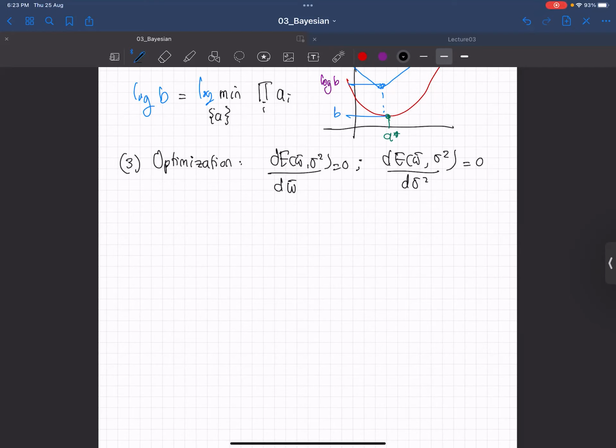Right? Now, we know that if we do this operation with respect to W bar, we will end up with W bar equals to X plus T bar. Okay. Any questions here? Then we know that it's exactly the same as least squares. And then for sigma square, we end up with an equation